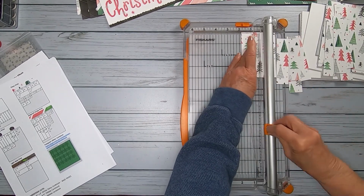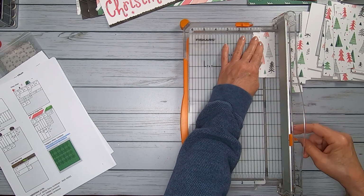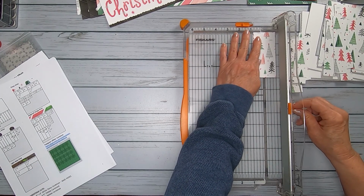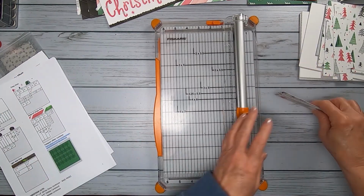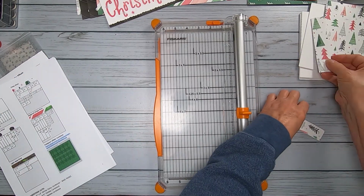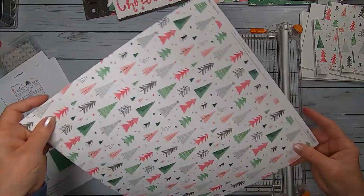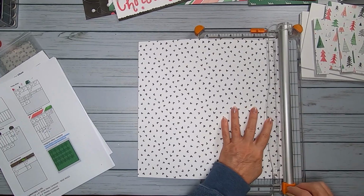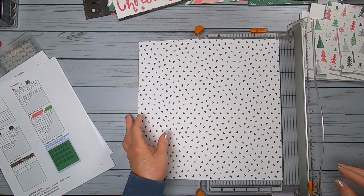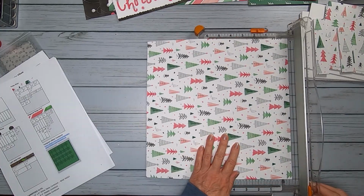And the pages are not hard to put together. There's not a huge amount of detail, but there's enough detail that it does take a little while to put this together. But I have to say, I would totally do the smaller album again. It was fun to do. So this